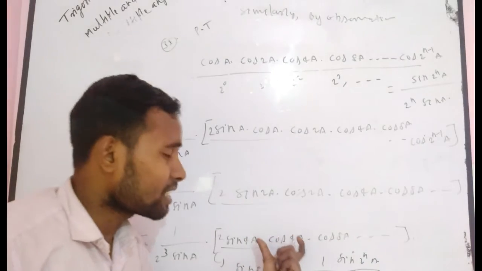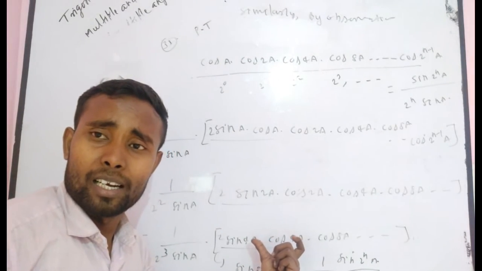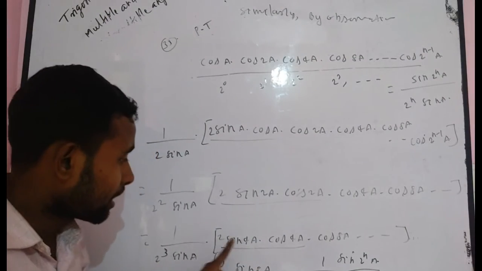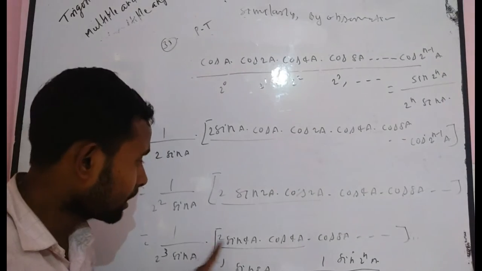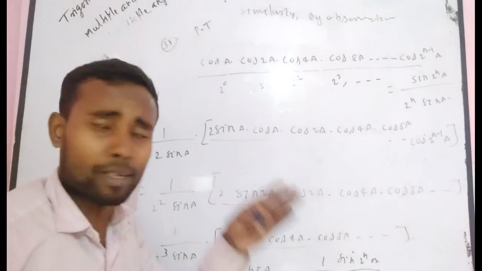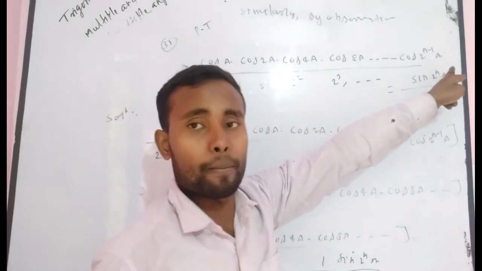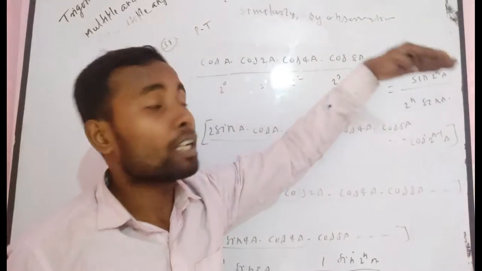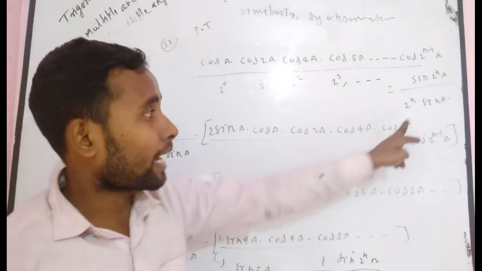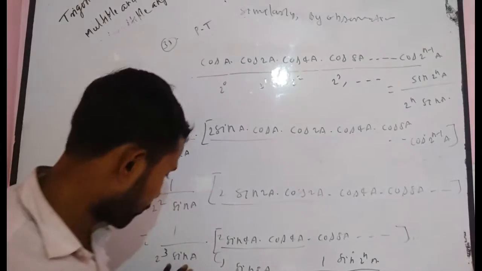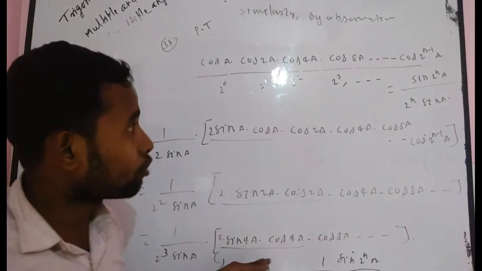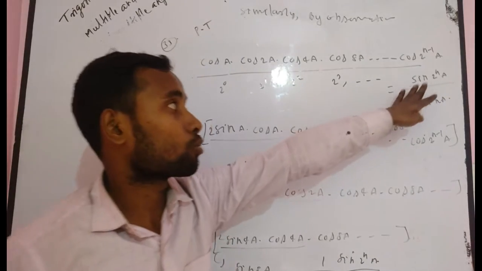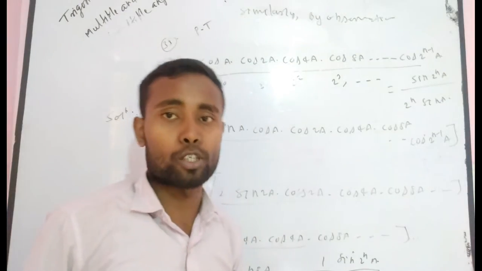How does this factor get replaced by a new term? You can see that if you take 3, here you get 2 to the power 2, that means 2 to the power 3, 2 to the power 2, but here you get 2 to the power n. That means you have to multiply up to n terms. So I multiply by 2 to the power n, and in the denominator sin a is fixed, it isn't disturbed in any way. In the numerator, if you take 2 to the power n, then it becomes 2 to the power n, and finally you get sin 2 to the power n a, which is your required answer.